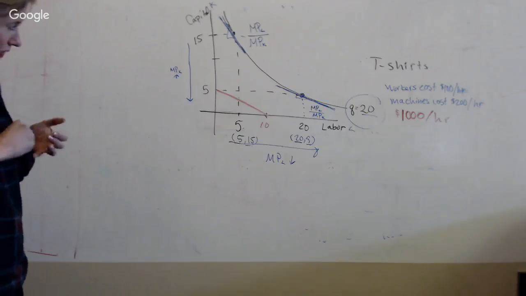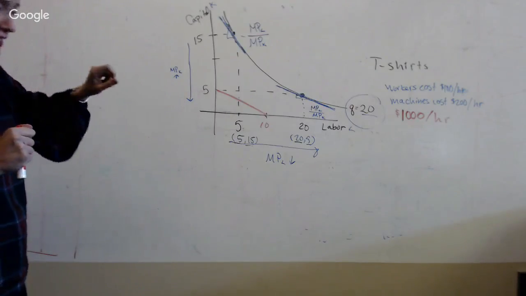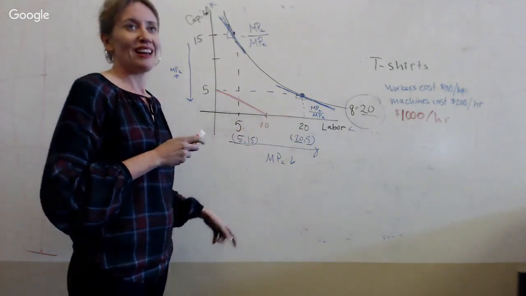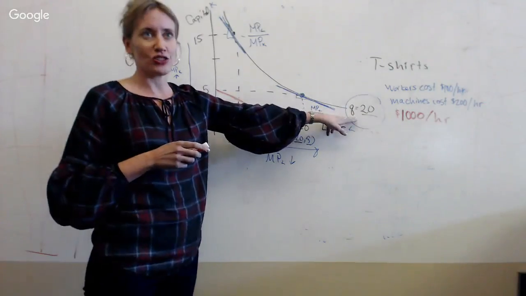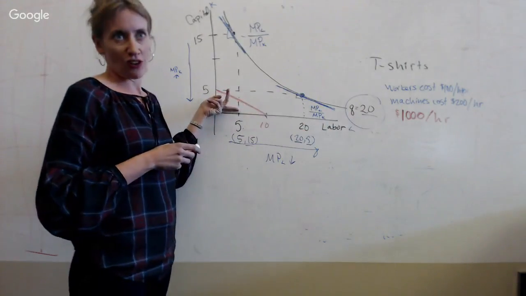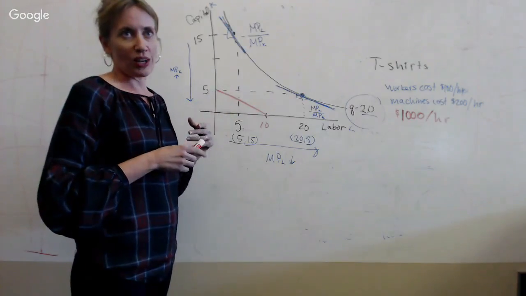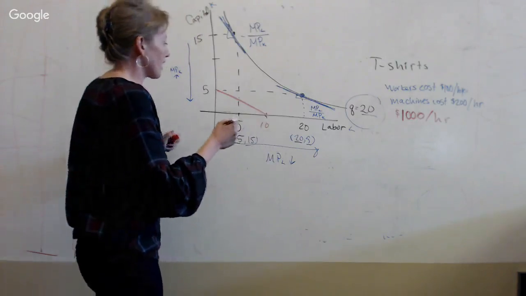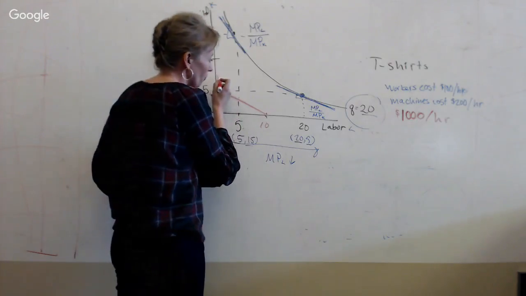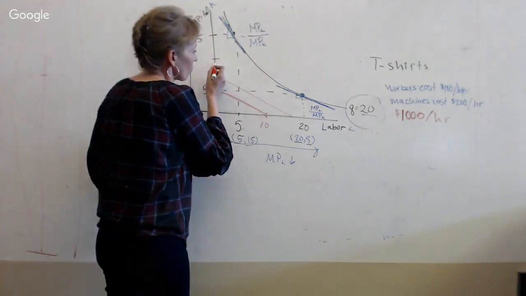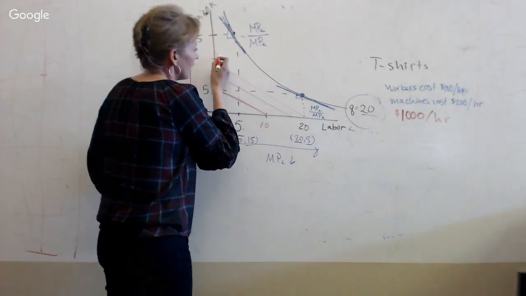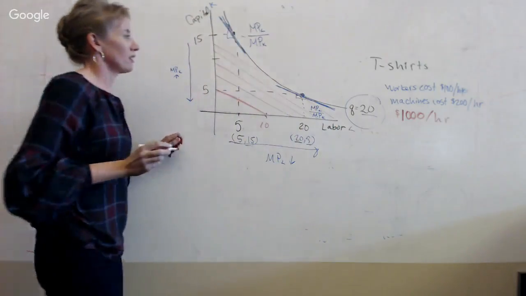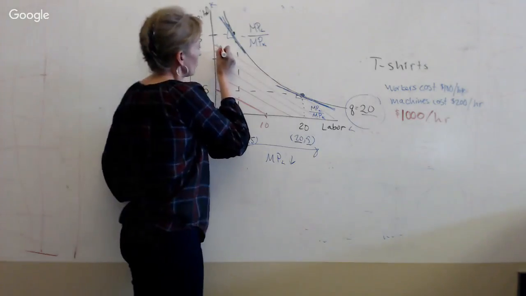Now, if we look at this picture, we should be able to conclude that our t-shirt firm is not going to be able to produce 20 t-shirts an hour and spend only $1,000 an hour. So we're going to need to do better than that. If we want to spend more, we can construct multiple ISO cost curves, each representing a different expenditure amount.